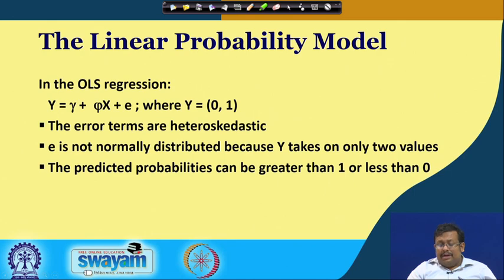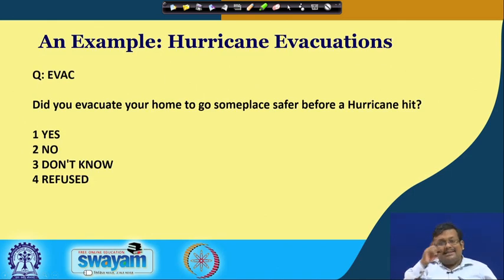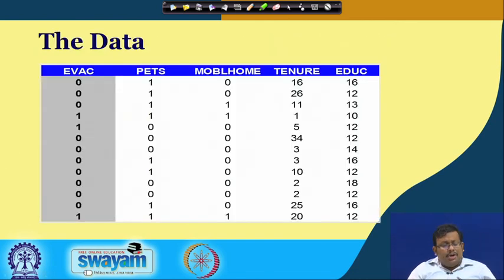However, if we have only these binary or limited outputs, we will get some absurd probabilities. For example, let us see an example. I have seen this example recently, so I am using it for your better understanding. There is a questionnaire where they asked people whether they will evacuate to a safer place if there is a hurricane. There are 4 options: yes, no, don't know or refused. So, the data looks like this.